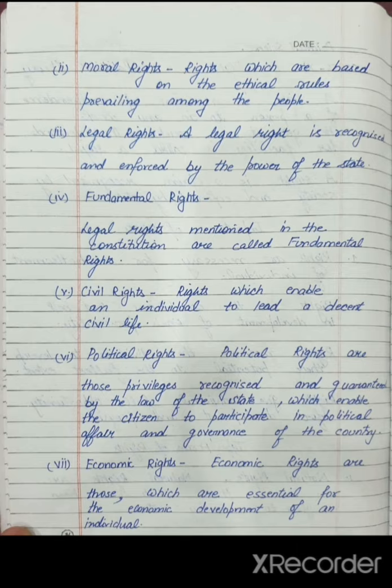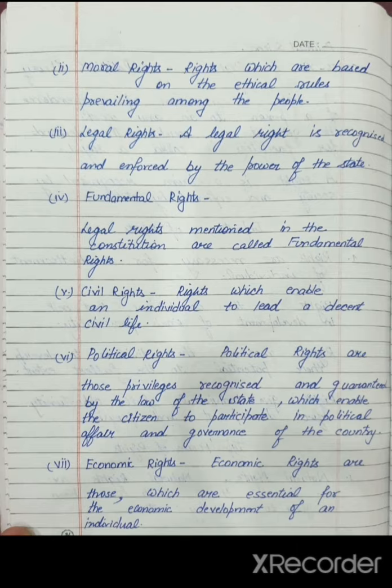And students, I told you in the previous video that only to have the information regarding the right is not enough. You should have the knowledge about the articles, especially about the fundamental rights, because the fundamental rights are those which are mentioned in the constitution. And article 12, article 13, 14, 15 to article 35 are all under the fundamental rights. मतलब वो सारे हमारे fundamental right इनके अंडर कवर हो रहे हैं.